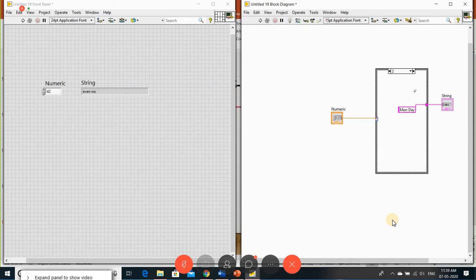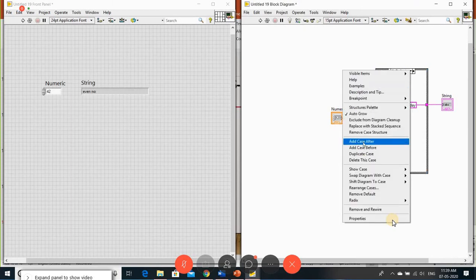When your number matches 2, it's going to display Monday. Other than 1 and 2, it takes the default case as invalid day. Likewise, if you want to add one more case, right click on this and add a case after or before, however you want. Or you can create a default case or duplicate a case. Or if you want to delete that case, you go with delete case.